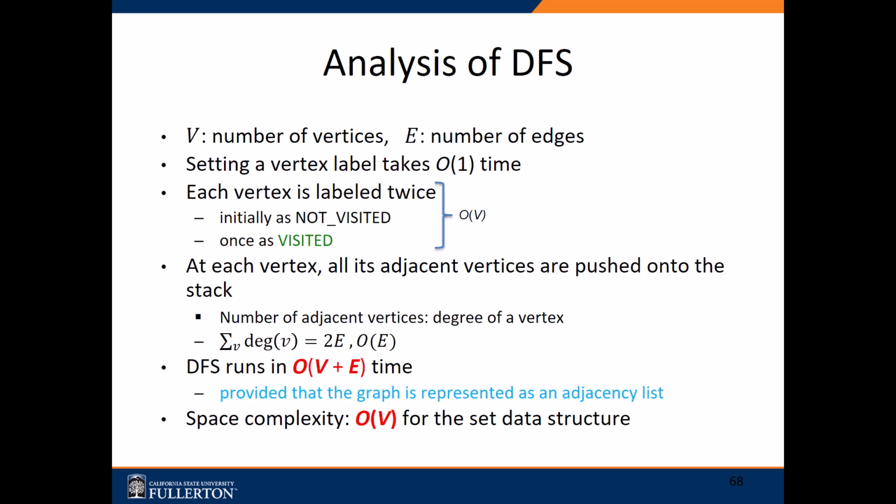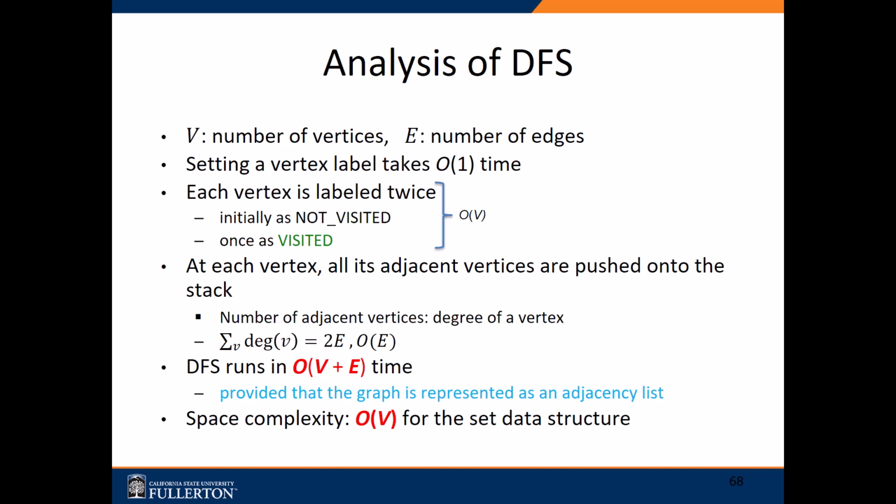Now in every iteration, we also push all the adjacent vertices of a vertex to the stack. The number of adjacent vertices or edges is called the degree of a vertex. There is a theorem about graphs which says that the sum of the degrees of all vertices in a graph is twice the total number of edges. So we can use this result to say that the total time taken to complete the for loop is O of E. And that means that the total time to run this algorithm is O of V plus E,